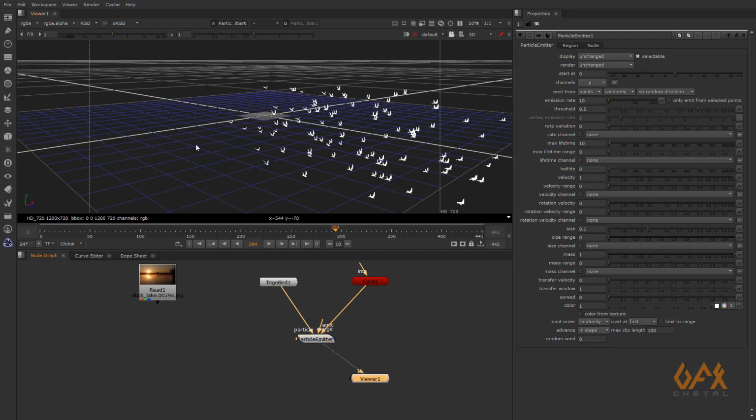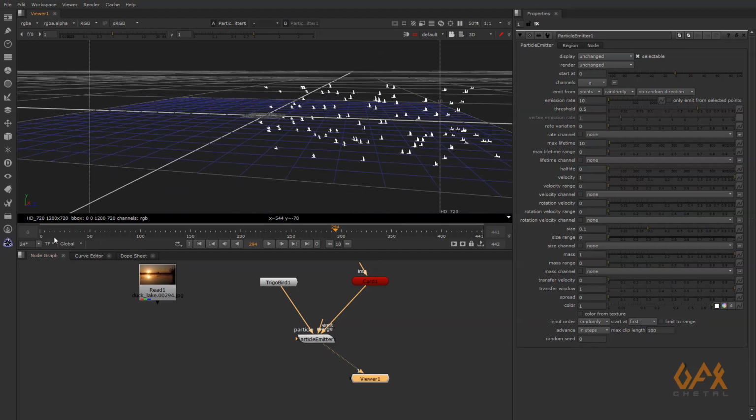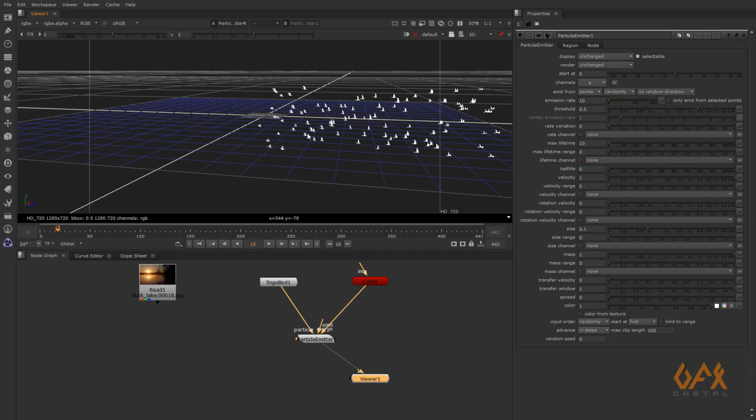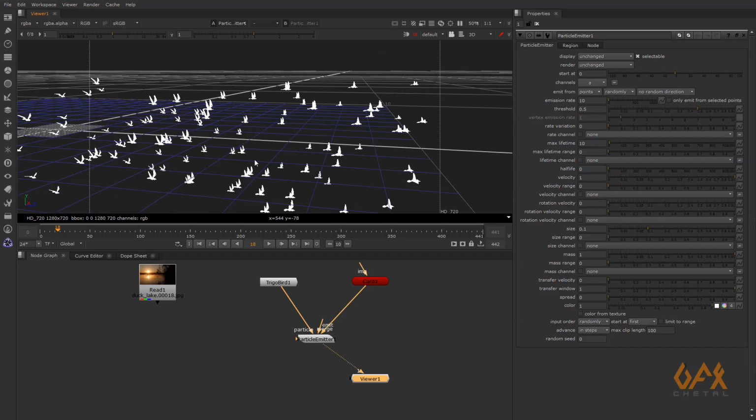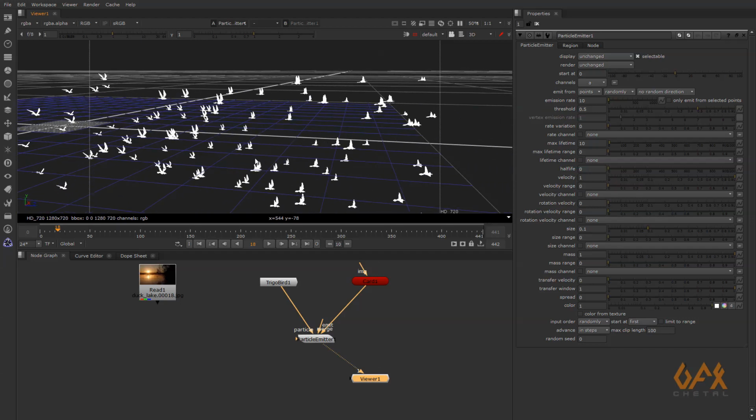So now you select over here and you see so many birds created, but the thing is that we need to control the quantity of birds as well as the speed of the birds, because you have to manage the speed according to the wing movement and all those things.